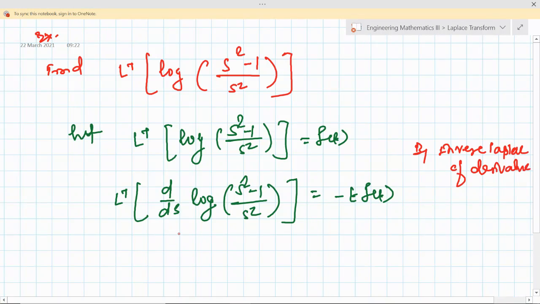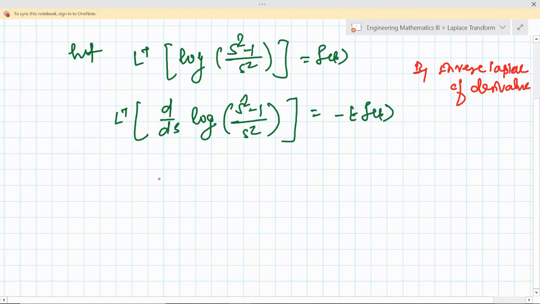Okay, so now take the derivative. What is the derivative of this? The derivative of log of f of x is 1 upon f of x into f dash of x. Or we can take this as d by ds of log of a upon b,